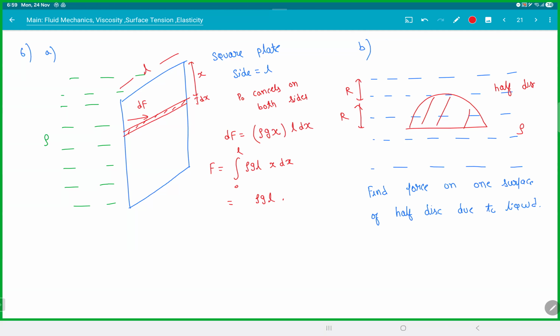That will come out to be rho g L square by 2. That is the force which should be applied. What about the torque? The torque due to the small df will be x into df. So the total torque will be